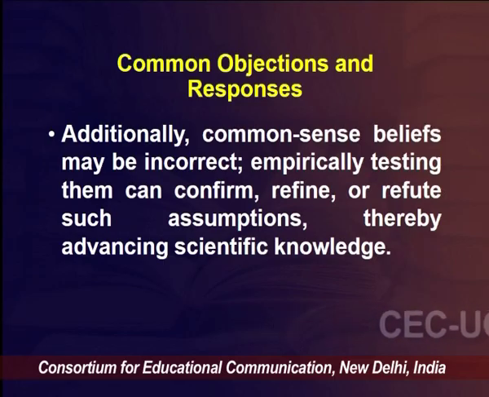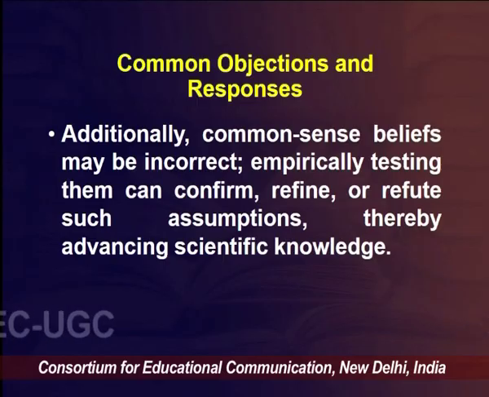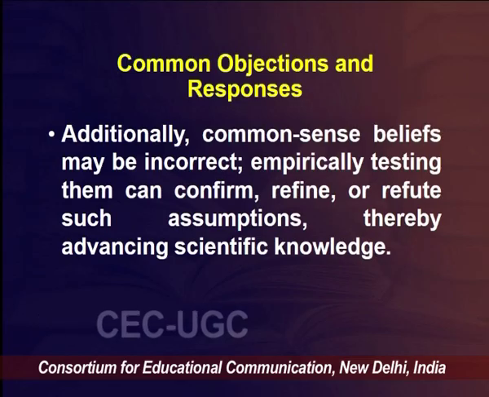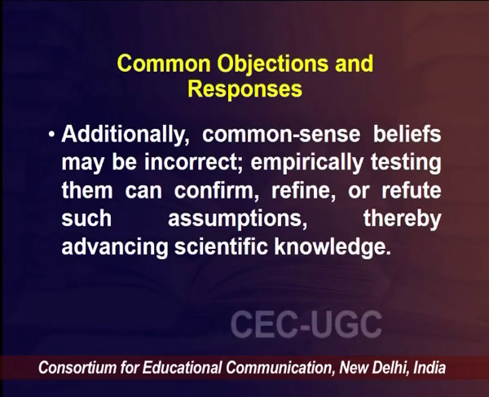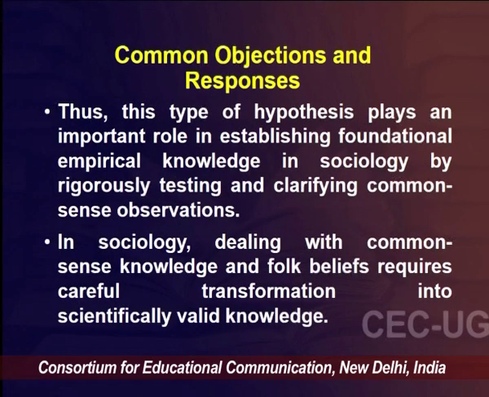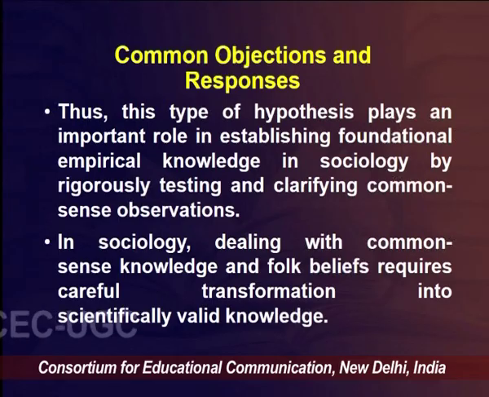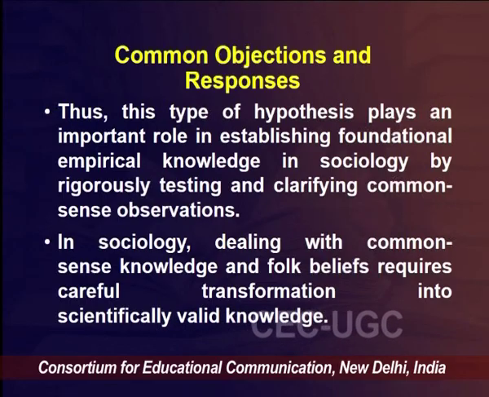Empirically testing them can confirm, refine, or refute such assumptions, thereby advancing scientific knowledge. Thus, this type of hypothesis plays an important role in establishing foundational empirical knowledge in sociology by rigorously testing and